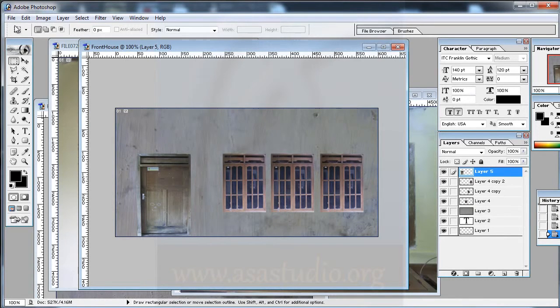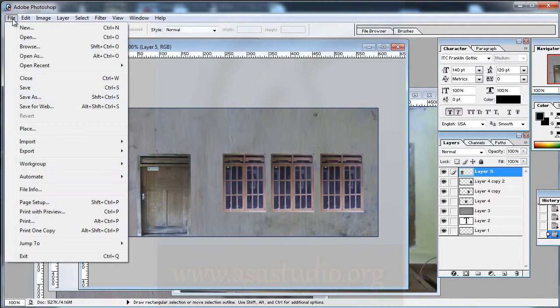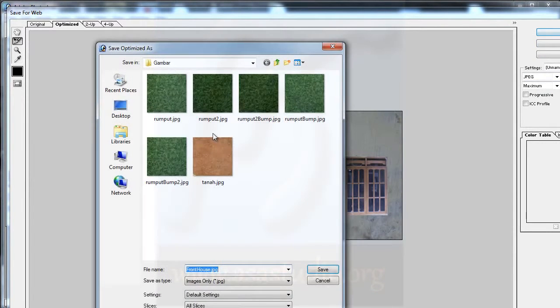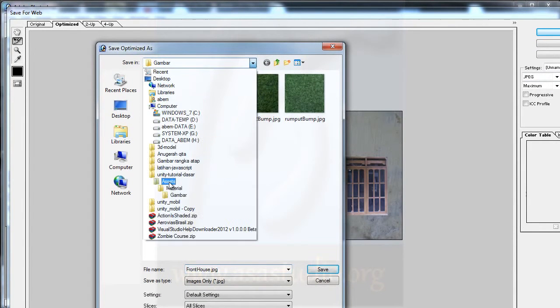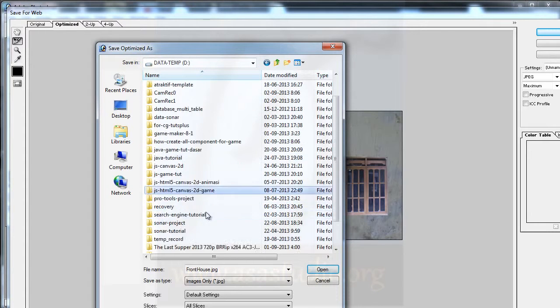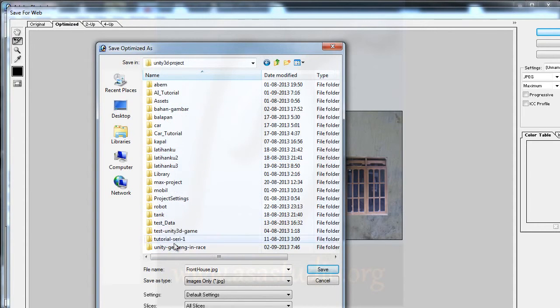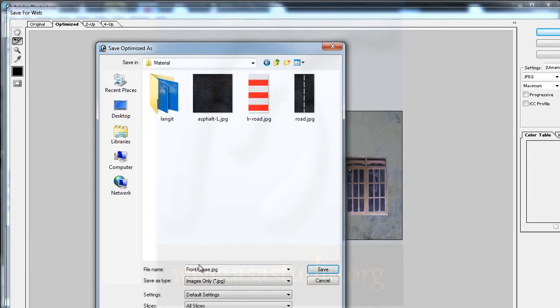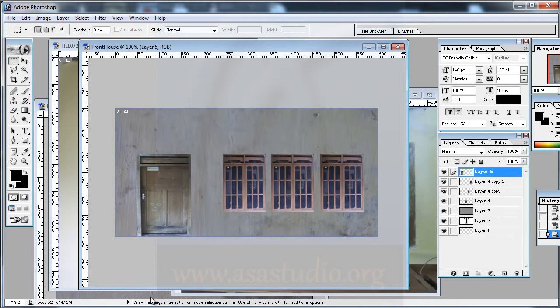like this, and I go to file, save for web, and I save to my project, to Unity. Okay, and I choose the Unity project, here, asset, and material. Okay, material, front house, JPG, and save. And now